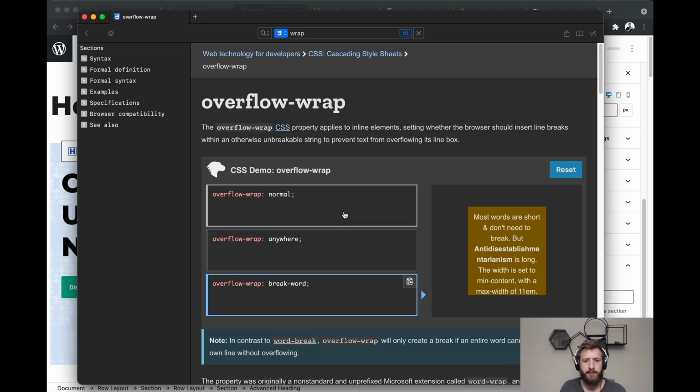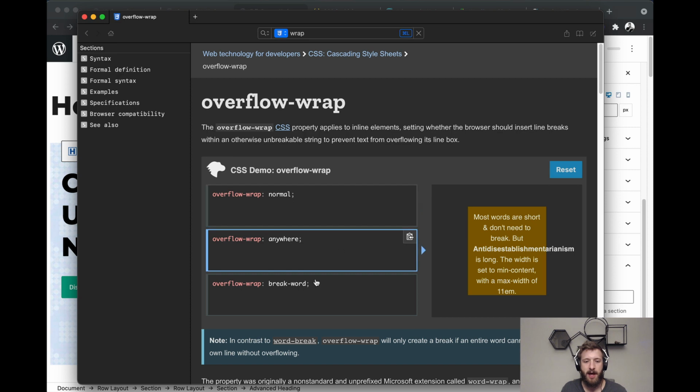this is really helpful. So if, let's say you have a really long word that you need to break, but the default overflow wrap state has a really long word that is just maybe going outside of a container, or it's for some reason not honoring the padding you've got on a container or something.